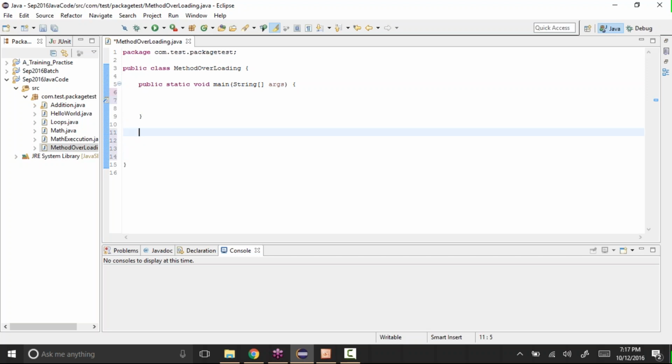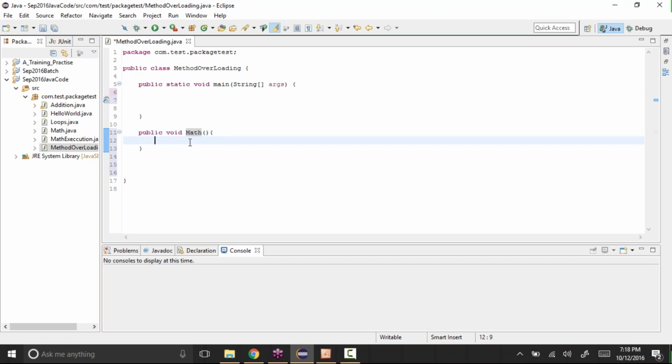Now, in that class itself, I'll try to create some method. First is public and void, because I don't want to return anything from that method, and then the method name, let's say math. Open and close the brackets. So public void math with open and close brackets.